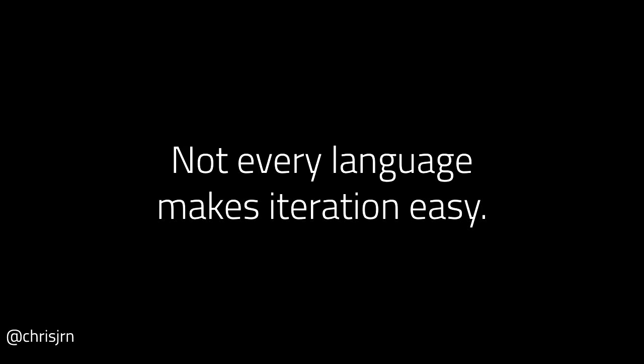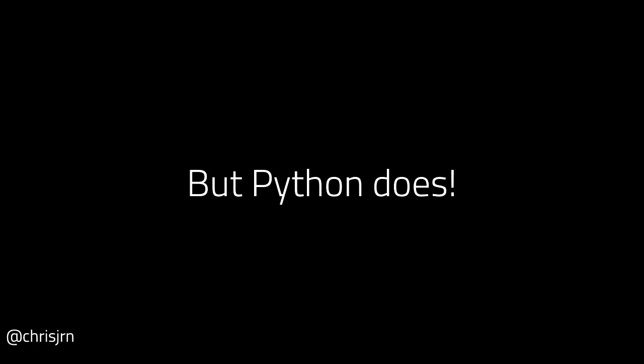And as I said before, not every language makes iteration easy. The visitor pattern came about before most object-oriented languages had built-in first-class support for iterators. It was much easier for classes themselves to know what their own structure looked like and handle calling operations themselves, rather than trusting an outside caller to know how to handle the order of iteration correctly. But as we discovered previously, Python not only supports first-class iterators, it actually makes it easy to do that.